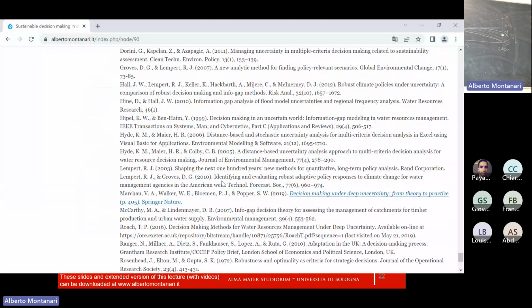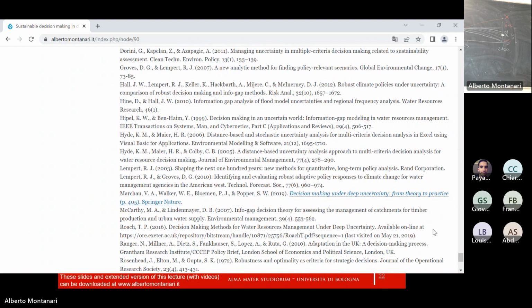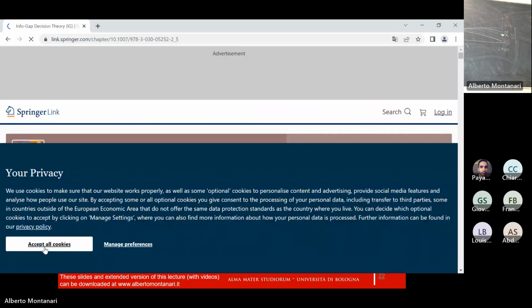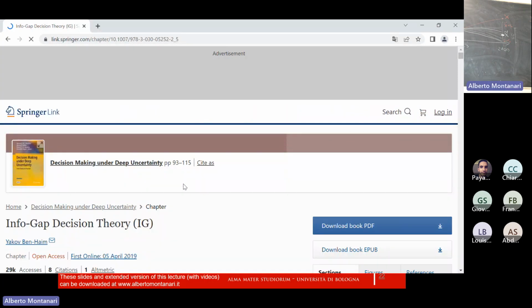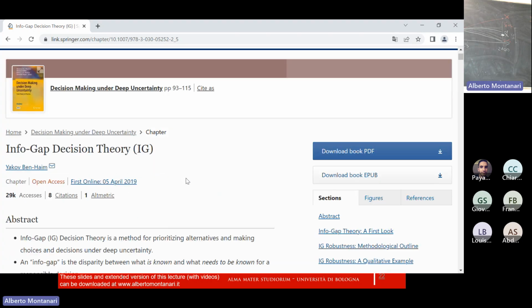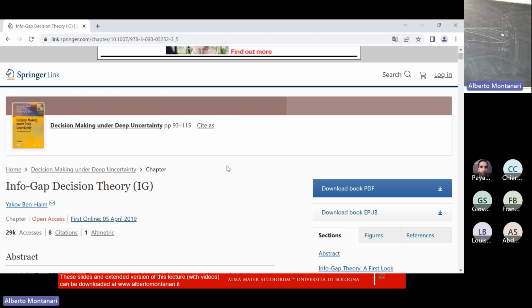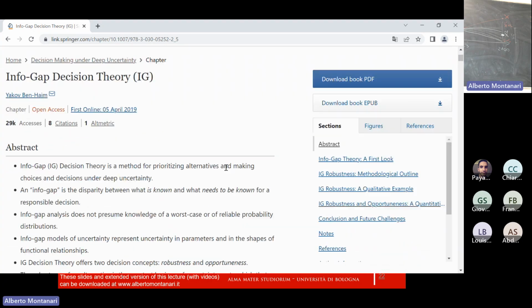I think it is this one. Just one second. No, it's not this one. Let me see. Yeah, it is this one. Basically, there is this PDF. It's a book which is available on the web, and there is